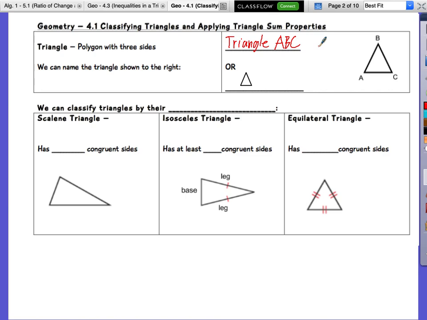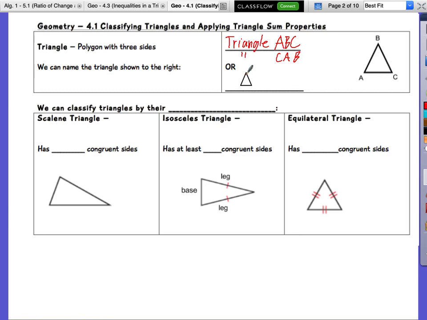Some of you might be wondering, Mr. Gossel, can we put the points in a different order? Like, could we say triangle CAB? You sure betcha. Okay, our rule with polygons is you have to be able to go in order. But the thing with a triangle is no matter which way you go and which points you go, it doesn't matter because they're going to be in order. So as long as you name the 3 points of the triangle, that's all that matters because then you name the triangle. So it could be triangle ABC, CAB, BCA, BAC. There's many combinations. Questions on that? Okay, there's exactly 6 combinations actually.